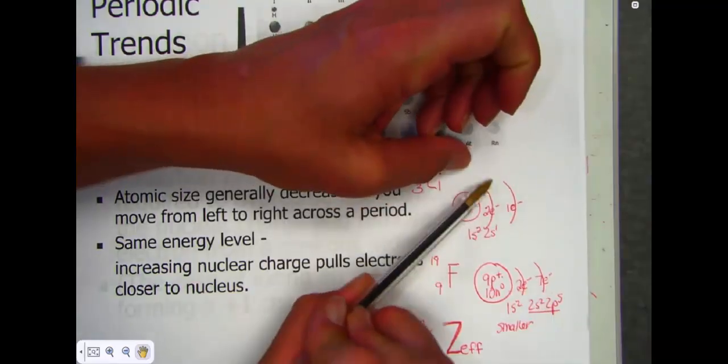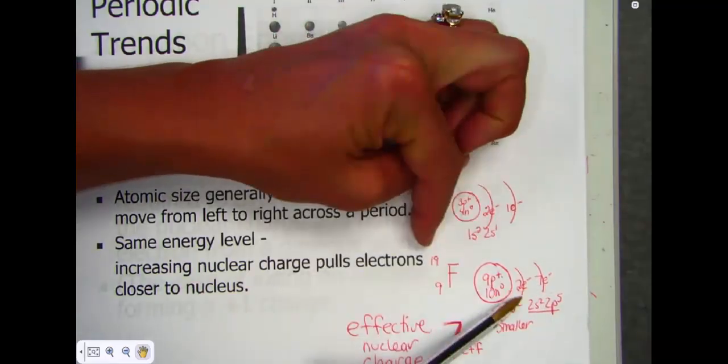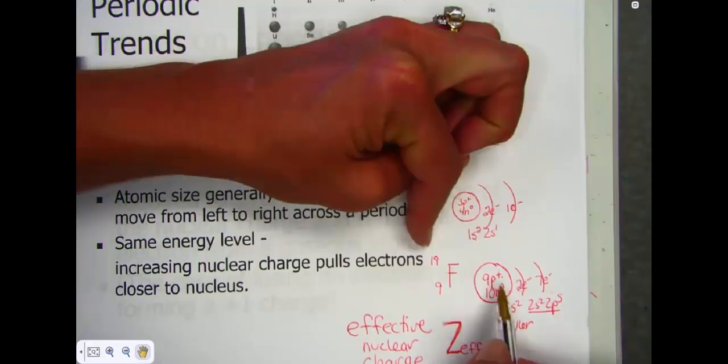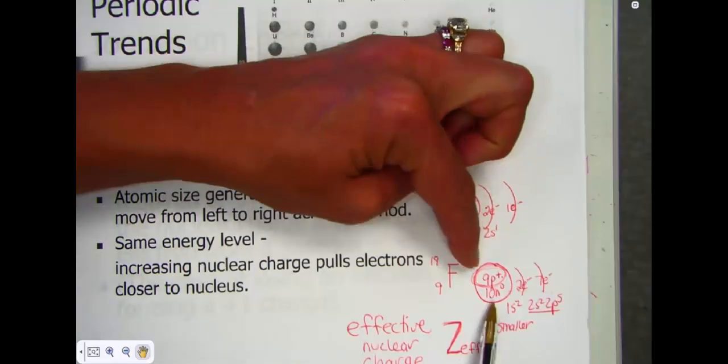Notice lithium has 2 energy levels. Fluorine has 2 energy levels, but fluorine has a greater effective nuclear charge. Effective nuclear charge is described as the ability of a nucleus